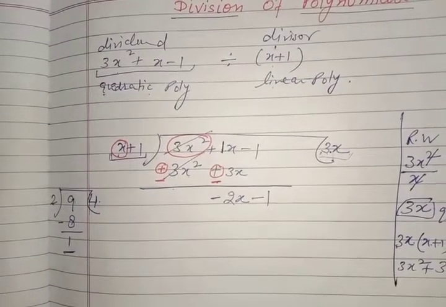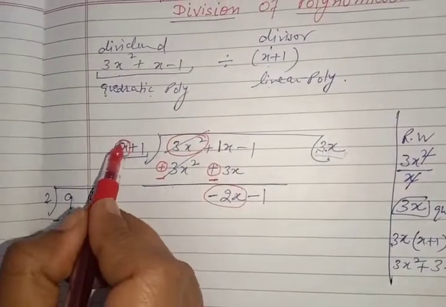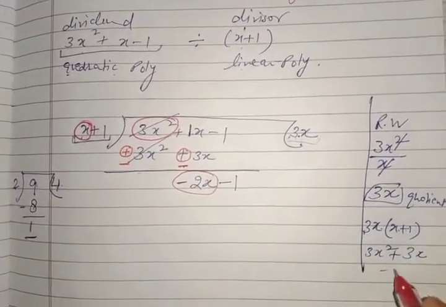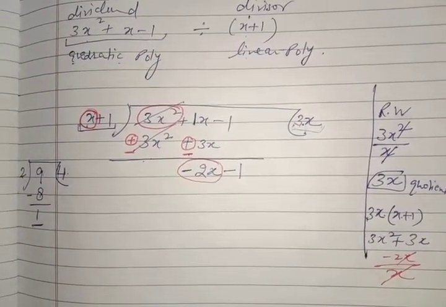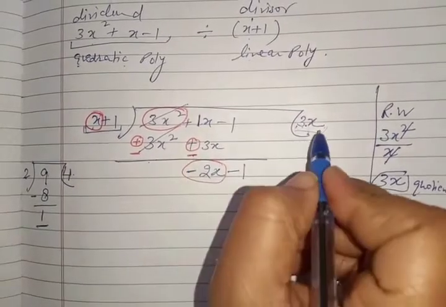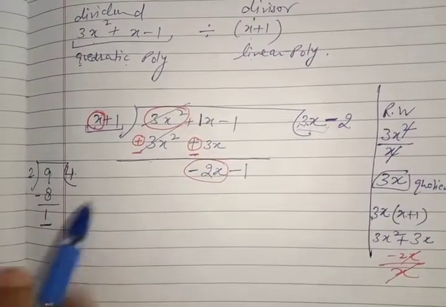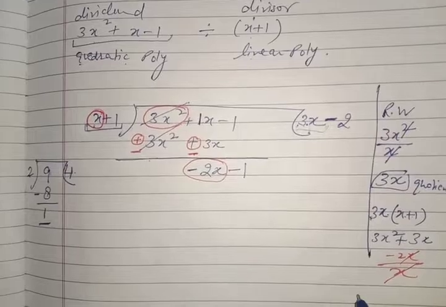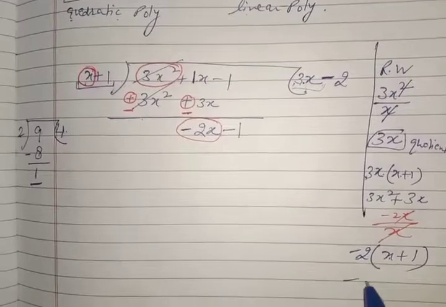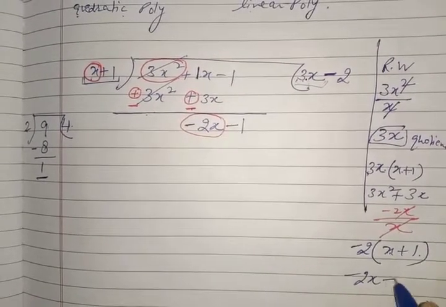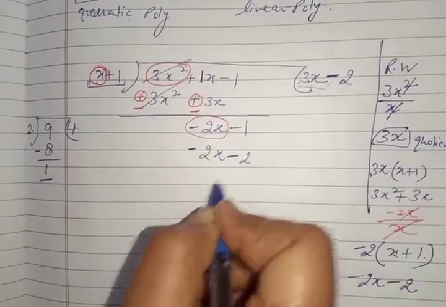Again the same step. Pick up the first number of this, minus 2x, and divide it by x in rough. So minus 2x divided by x. What quotient we will get? We will get minus 2. You can see again minus 2 we are getting. So now again multiply this minus 2 that you have got just now with x plus 1. Minus 2x and minus 2 ones are minus 2. Right, here minus 2x and minus 2.